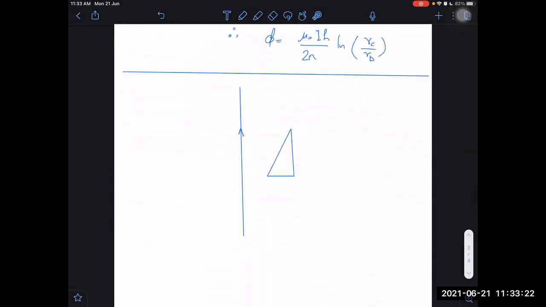You understood? If I want to get the flux through this half of the rectangle, so mainly our interest is to determine it through the right angle triangle, because once we know it through the right angle triangle, we can determine it through any other triangle also. That will not be a tough task. Okay. What is the flux through this? Tell me now. What will be the flux?